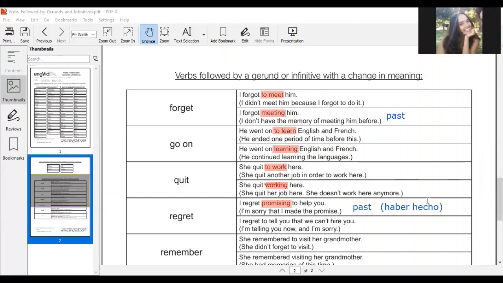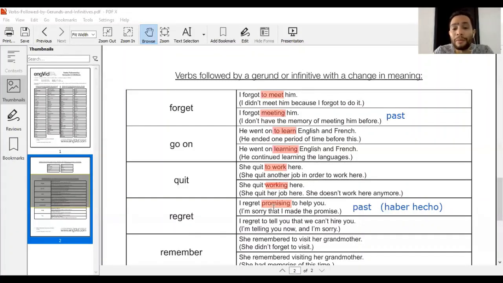Exacto. Esto se refiere a la parte con ing, alright? So, lamento haber prometido ayudarte. ¿Qué quiere decir eso? Que no lo hiciste. Nuevamente, es algo parecido al patrón que usamos con forget, ya que también tiene esa intención en pasado. In the case of to, all right, here, I regret to tell you,